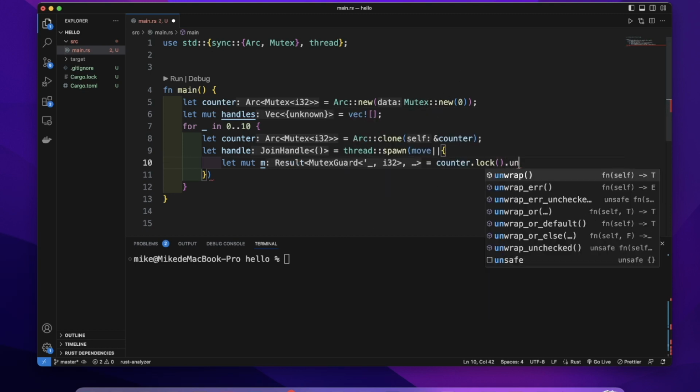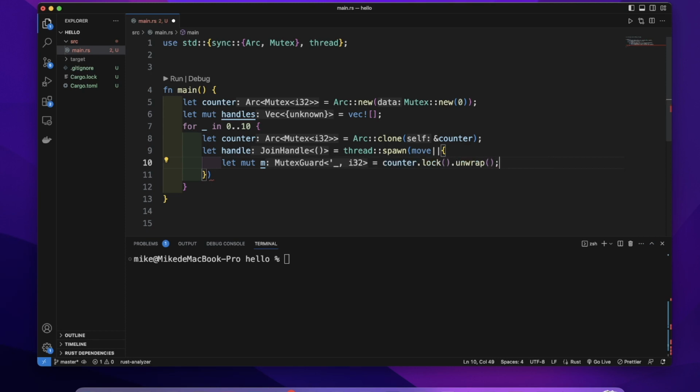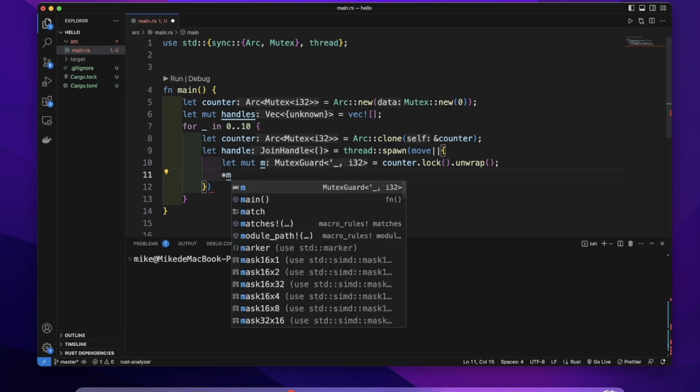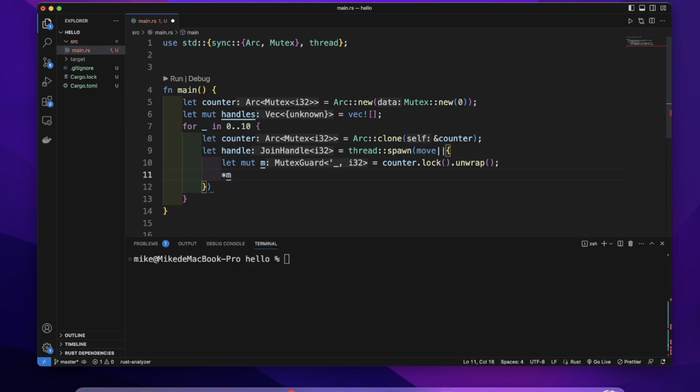Then we need to use the unwrap method to handle the result value, and we need to dereference this m variable and use the plus equal sign to increase its inner value by 1,